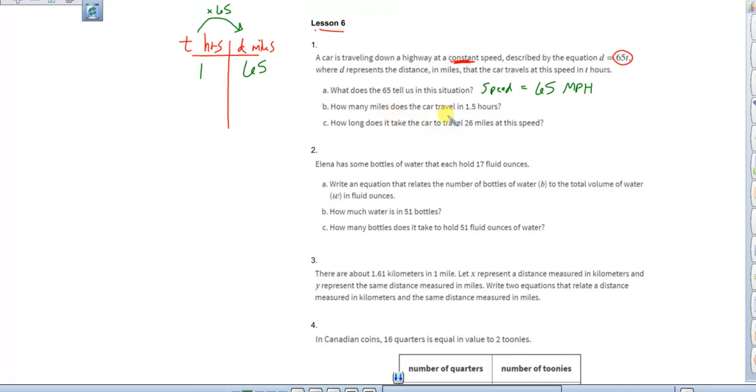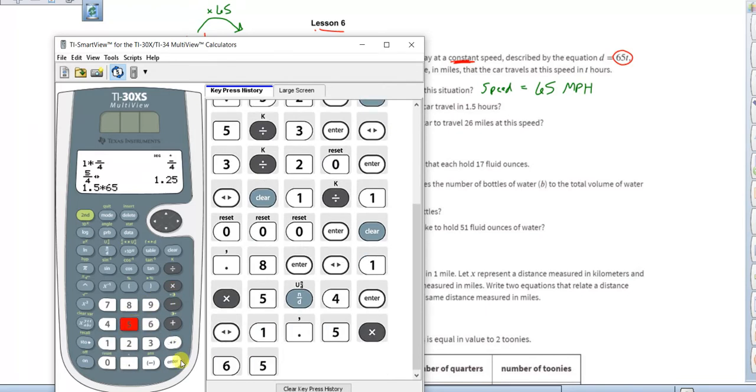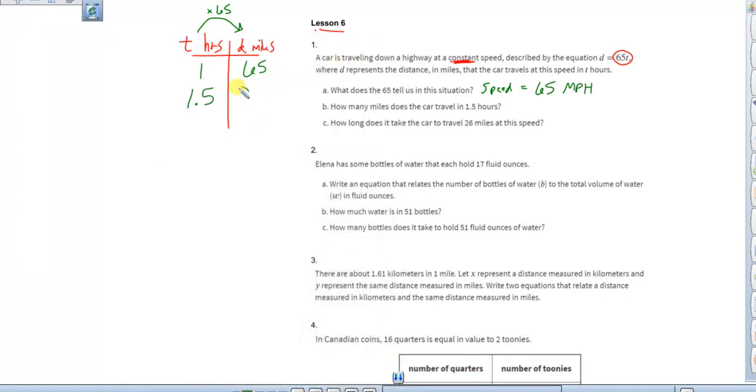How many miles does the car travel in 1.5 hours? Well, put our 1.5 here and multiply it by 65, because that will tell us. So 1.5 multiplied by 65 gives us 97.5 miles. So let's write that down. 97.5 miles. And then how long does it take the car to travel